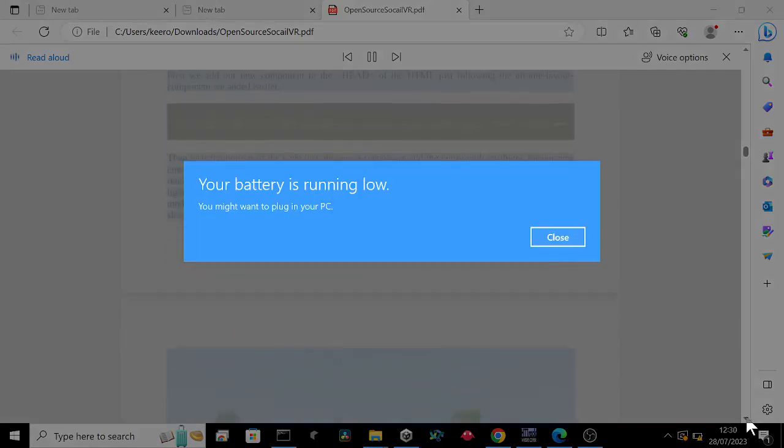First, we add our new component in the head of the HTML just following the A-frame layout component we added earlier. Then near the bottom of the code just above the a-scene, we add the entity with attributes for our new environment, calling it Parkland. Notice we also commented out the ambient light above the plane and removed the sky and